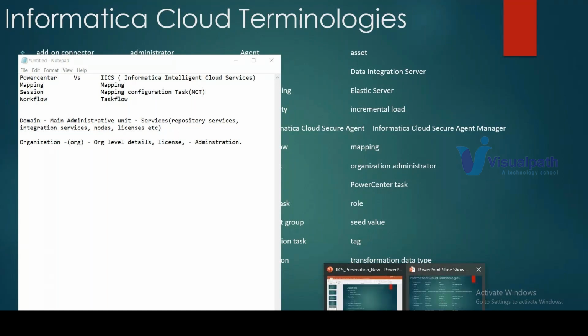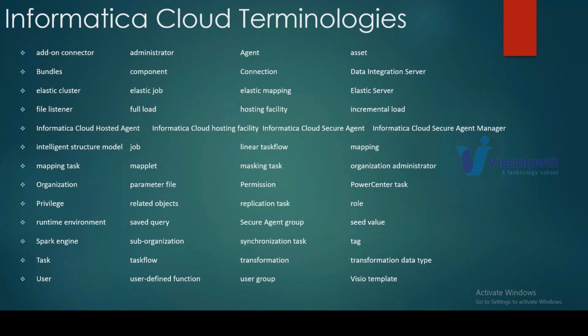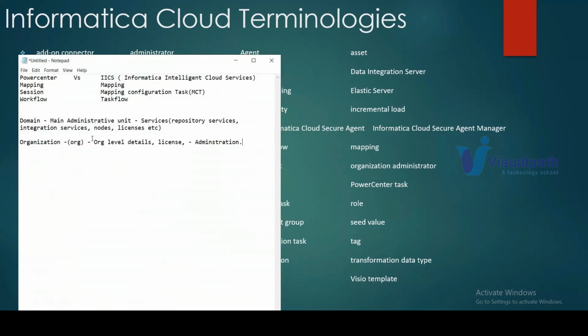So I was just telling about this comparison, right? A comparison where you have a domain in Power Center and we have an org here, your organization with the org level details, your license, your administration with your connectors, and you have a lot of details that are available as part of your organization in IICS. So moving on,